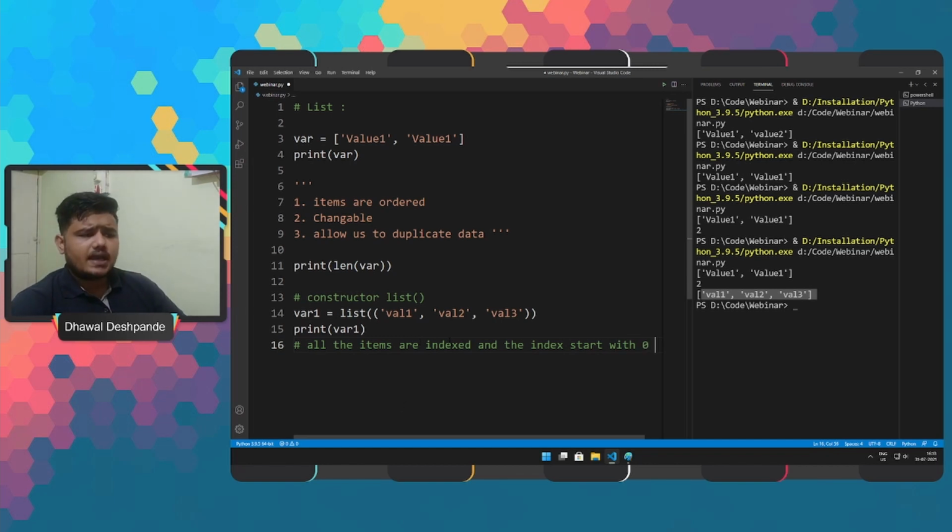So when we say items, the index starts with 0. That means if we consider the same list that we have created, which is var1, for the first value the index will be 0, for the second it will be 1, and so on, it will go forward, right? So say for example, in var1 we just need to print or use the first value. What we will do is